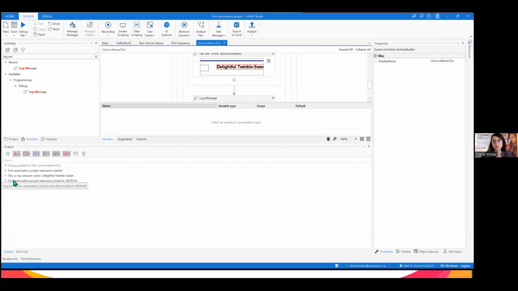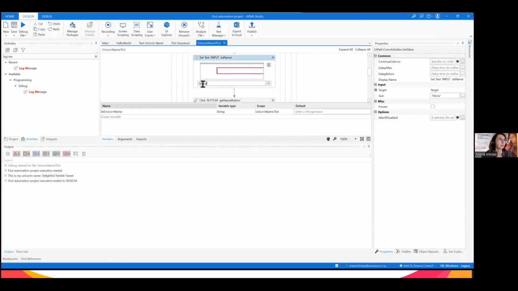Basically, we have default log messages, which you can see were added by the framework itself, that the automation started. It logged the message I instructed it to. This is my unicorn name, and the value which I obtained, and the execution time needed for it. For example, let's put another value here just to make sure that on the next run we obtain a different unicorn name, and we can run it again.